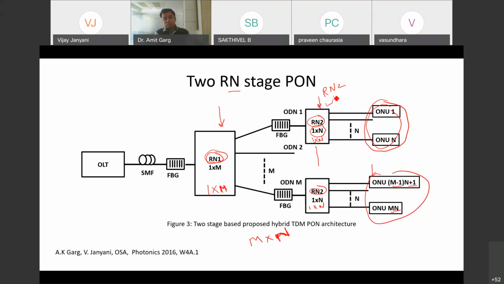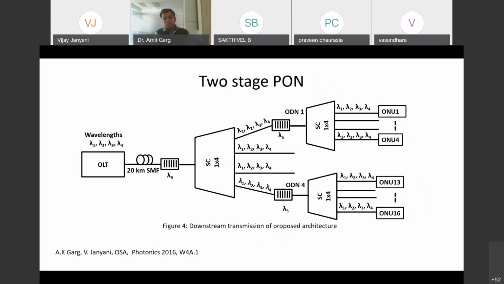Now let us see what is the advantage of this. How the downstream transmission is taking place. Downstream, remember, is from OLT to the ONU. This is the downstream, and this is the upstream.